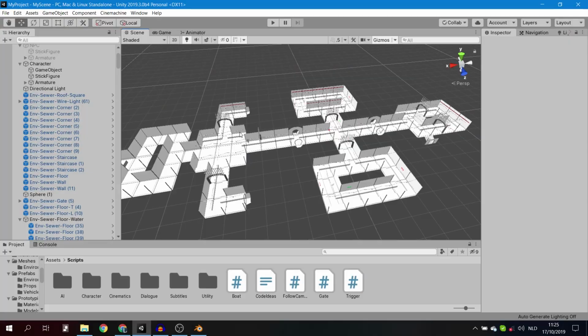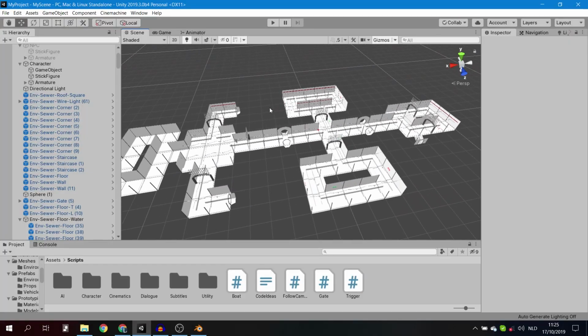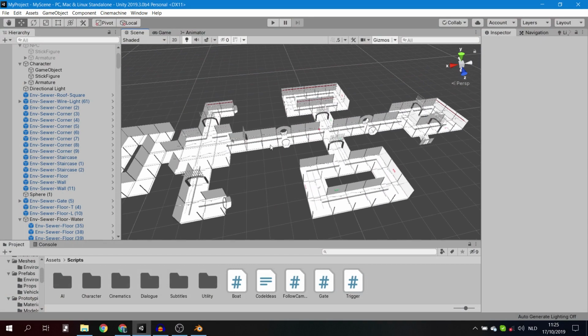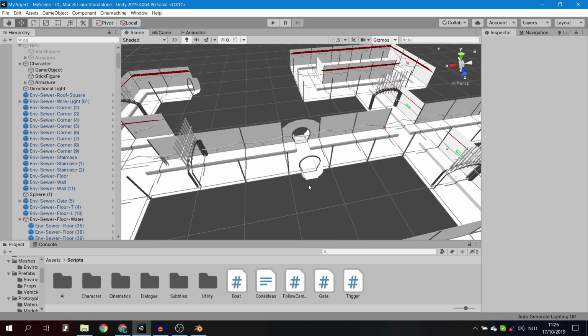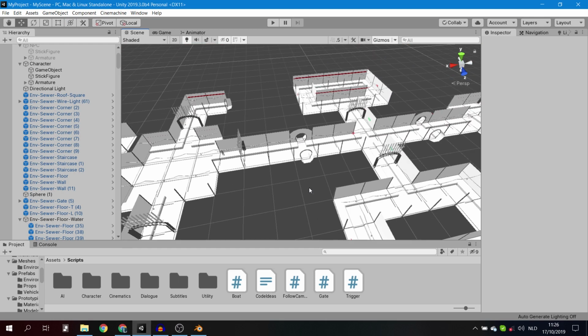With all my plans in place, I jumped into Unity and started creating the level. This is just a tiny portion of what I made. As you can see, for example, we've got here these entrances to the corridors, but the corridors themselves aren't visible. I actually already made them, but just made them invisible for the purpose of this video, because otherwise you could already see the entire layout of the map.